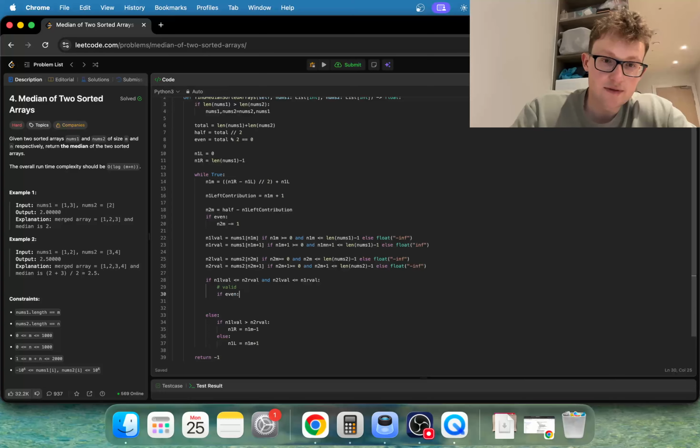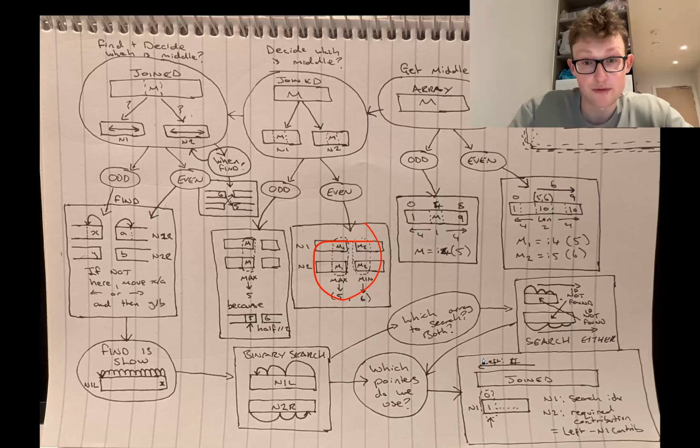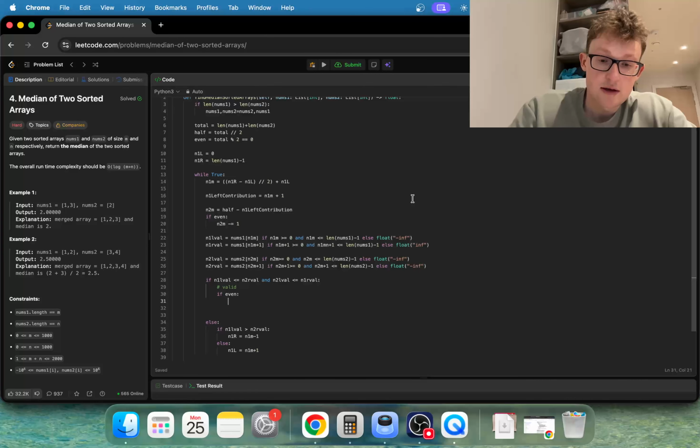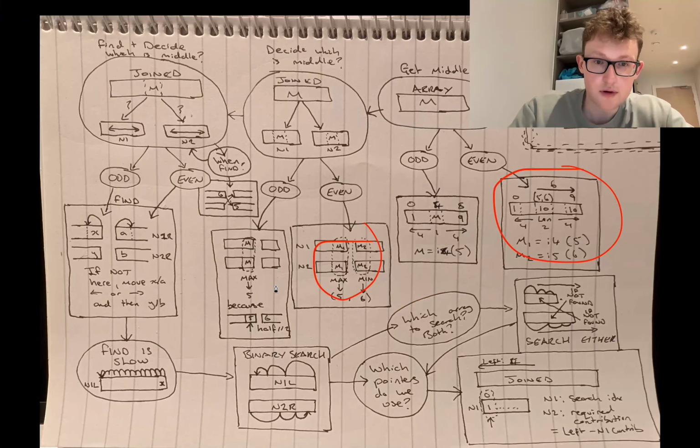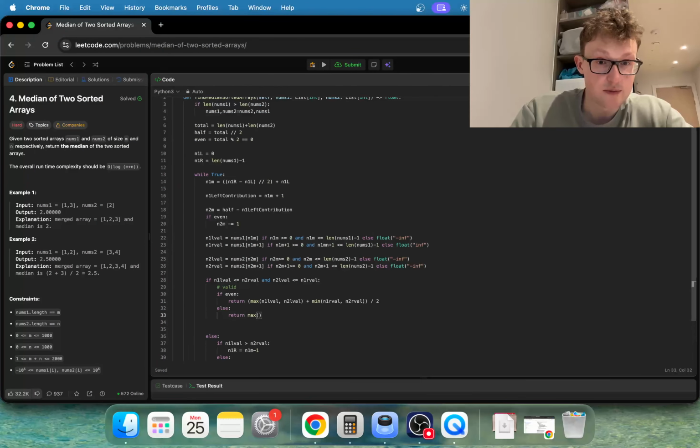So if it's even, then like we said here, you want to pick the max from the left and the min from the right and divide by 2, as we figured out in the original subproblem. So we can return the average of the max of the left side plus the min of the right side. And that is, remember, because you want to get what's closest to the middle. And if it's odd, from the left side, we just get the biggest because it's the closest to the middle.